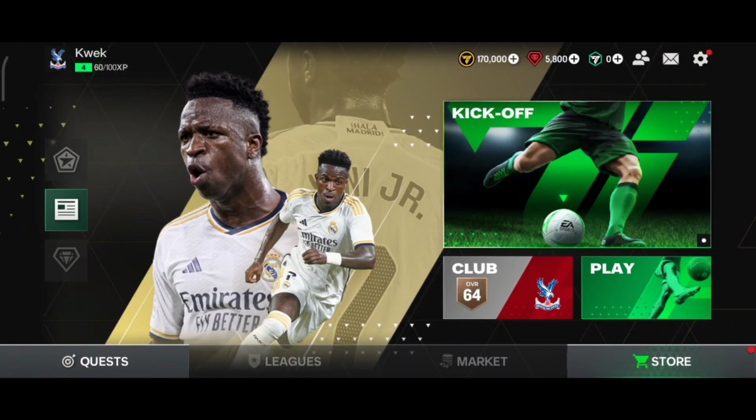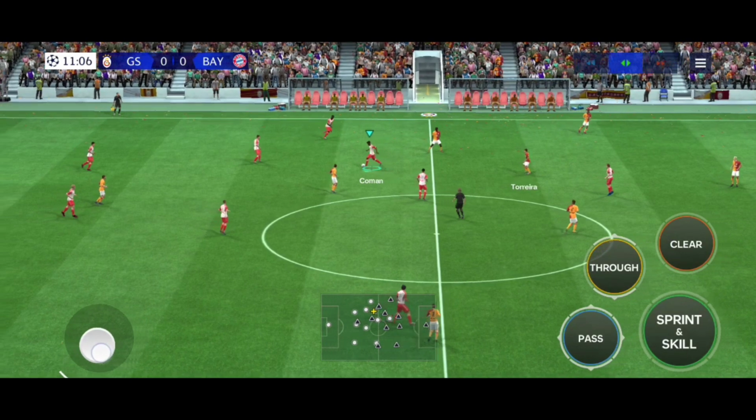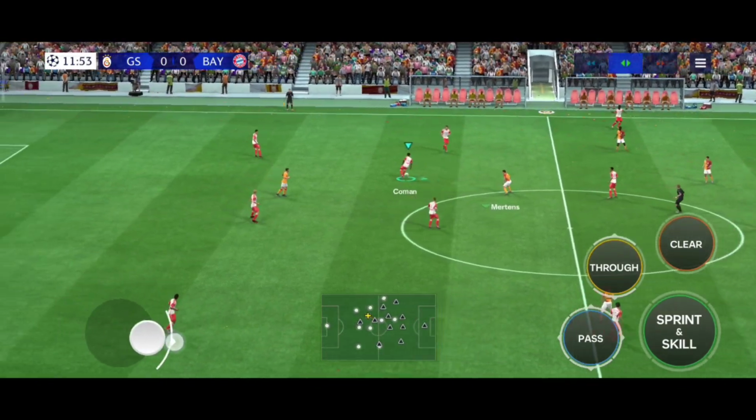In this video tutorial, I'm going to show you how to score a free kick from the halfway line in FC Mobile. So to score a goal from your own half,